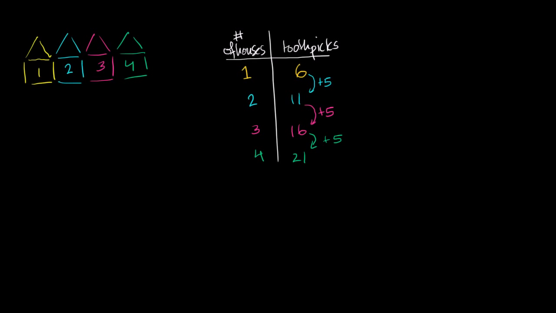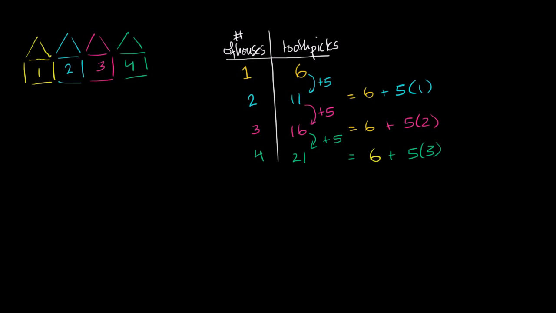So let's actually write that down. 21 is equal to, you start with 6, and then you add 5 3 times, plus 5 times 3. When you had the 3 houses, once again, you started with 6, and you added 5 2 times, plus 5 times 2. When you had 2 houses, you started with 6 again. This is equal to 6. And you added 5 once. So plus 5